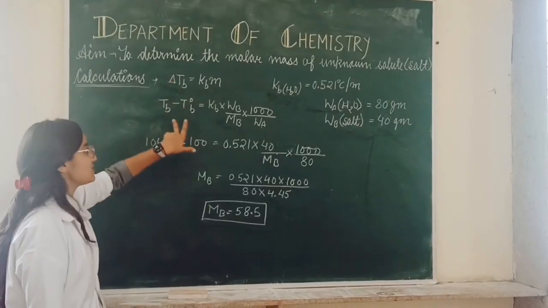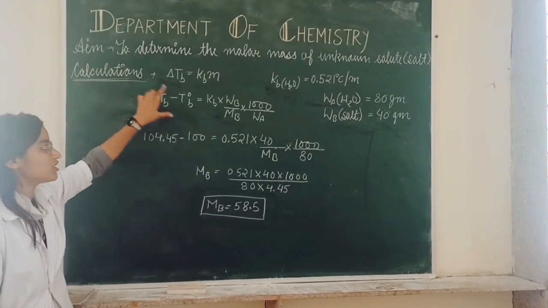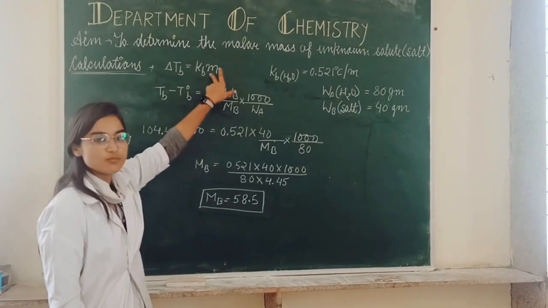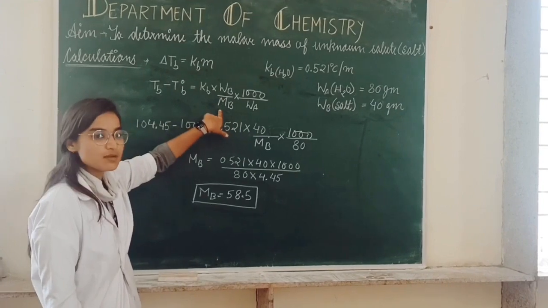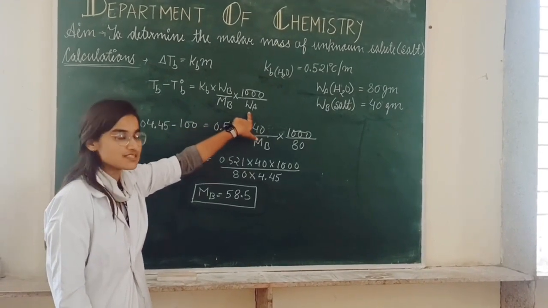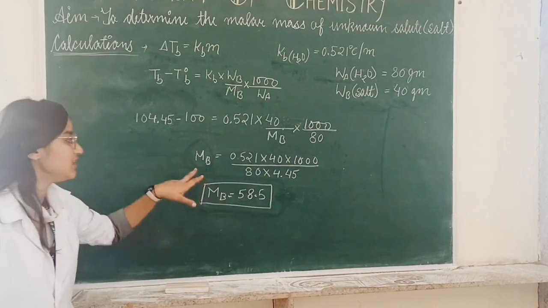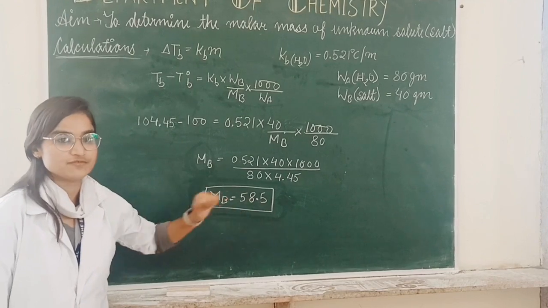Since delta Tb is Tb minus T0b, where Tb is the boiling point of the solution and T0b is the boiling point of the pure solvent, and by the formula of molality, Wb is the weight of solute, Mb is the molar mass of solute, and Wa is the weight of solvent. Now putting all these values, we will get Mb, that is the molar mass of solute, which is 58.5. We know